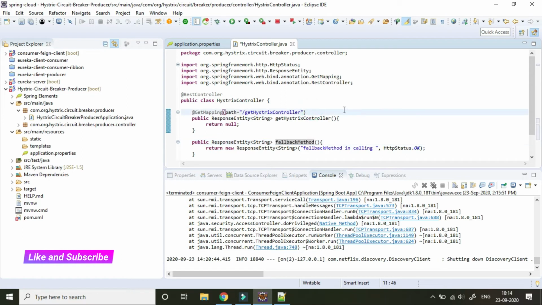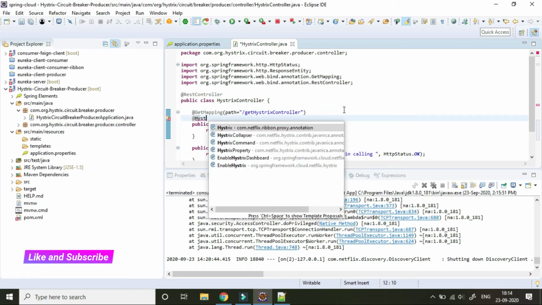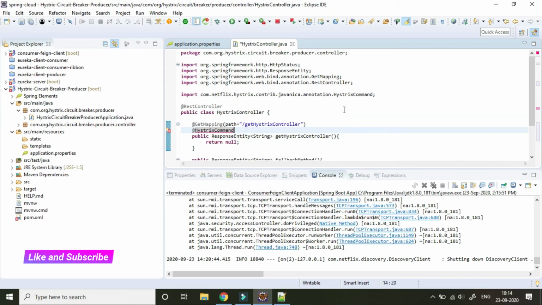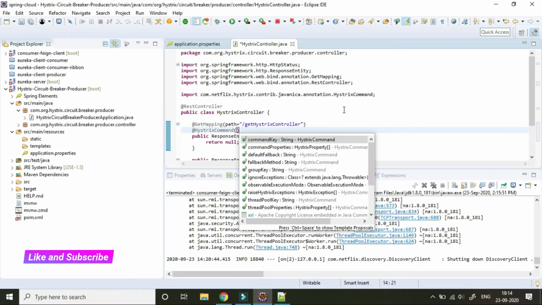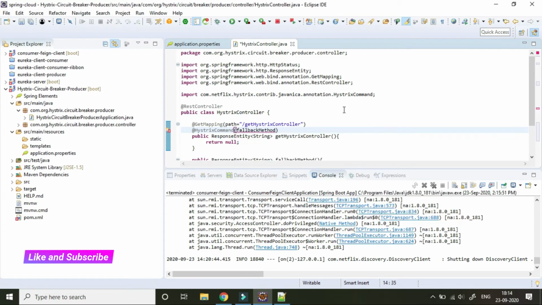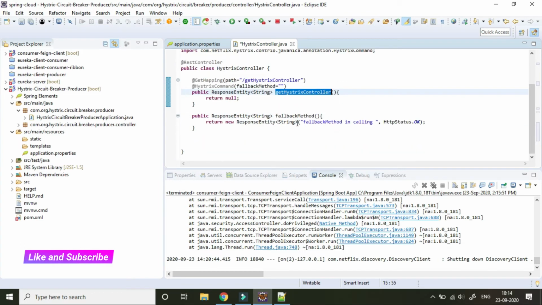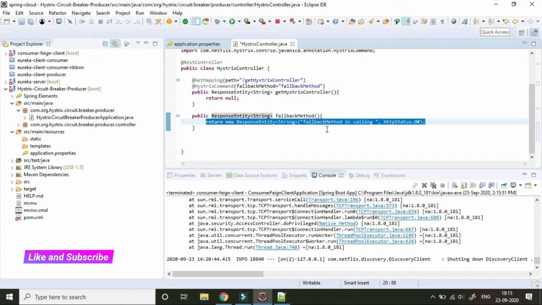Now I will annotate it as HystrixCommand, then fallbackMethod. We have to provide the fallback method name, which will be called if any exception occurs from the getHystrix controller method. So it will act as a catch block, and from the catch block we have handled the scenario this way.